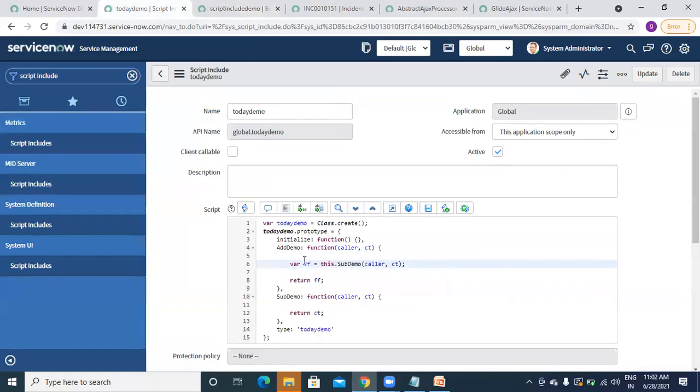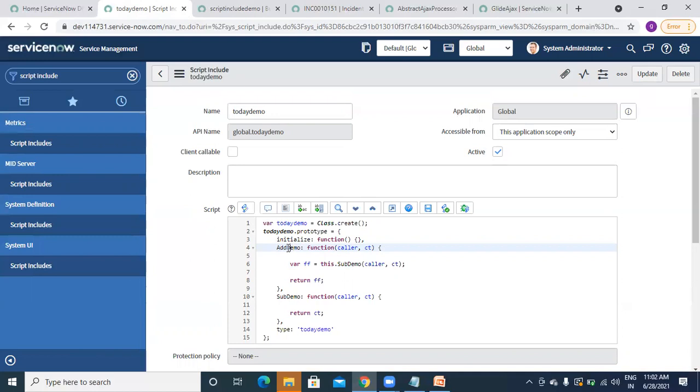And one more thing, like in script include, we have created one function, right? You can say example add demo. Then for example, we can create 100 number of functions inside a script include. You can create any number of functions, okay, and you can call that.